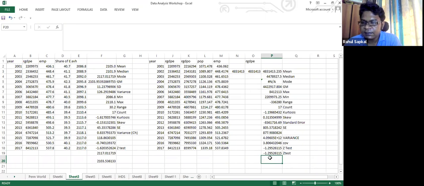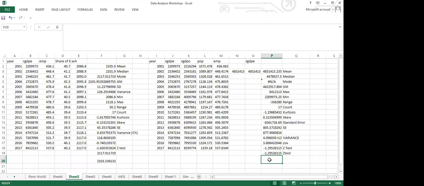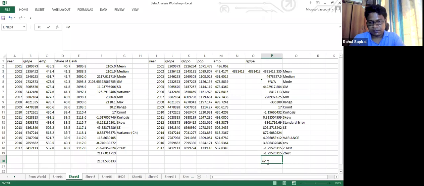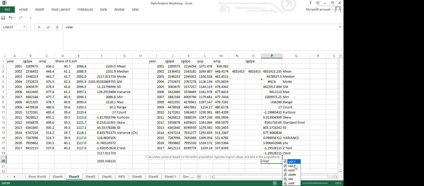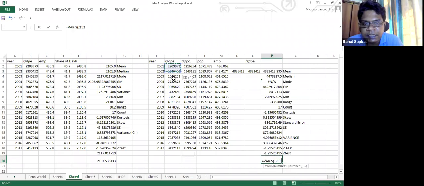This part is clear? Sir, can you once show us the formula for variance? Okay. Variance. Yes. So you have a variance P and variance S. So we will be taking variance S. Okay, sample. Then you will be taking the range of array of column, closing. This is your variance.